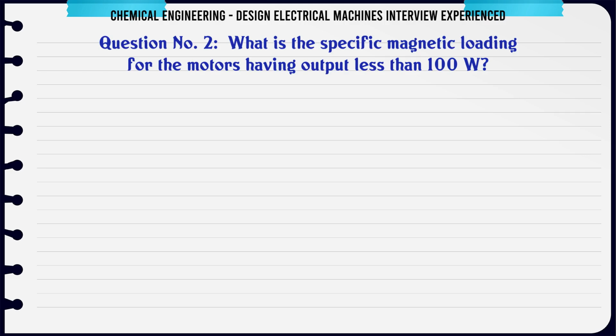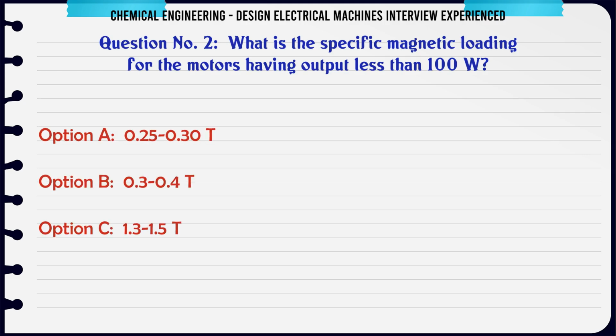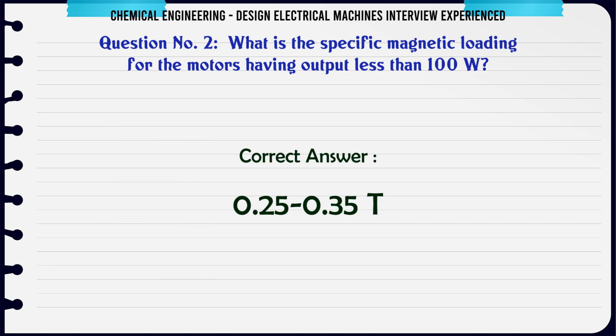What is the specific magnetic loading for the motors having output less than 100 watts? A. 0.25 T, B. 0.3-0.4 T, C. 1.3-1.5 T, D. 0.25-0.35 T. The correct answer is